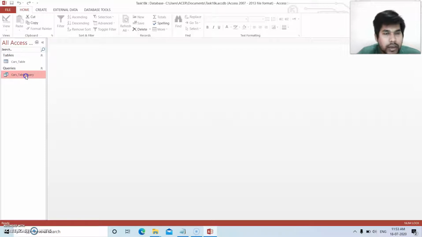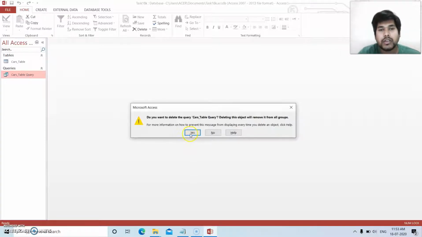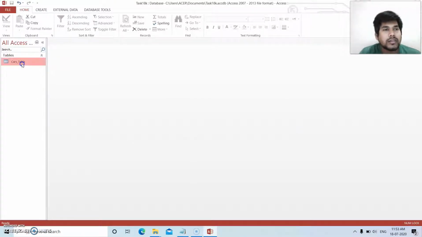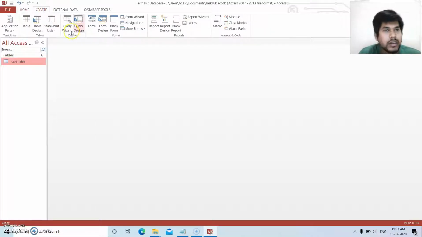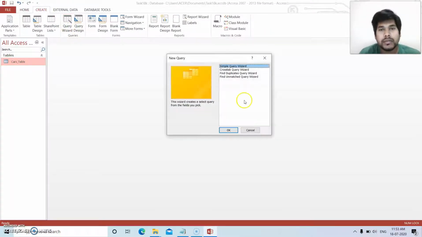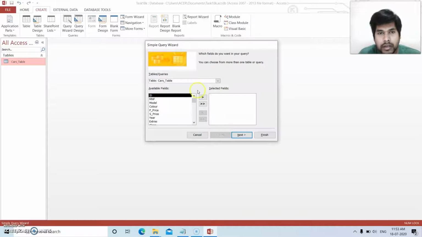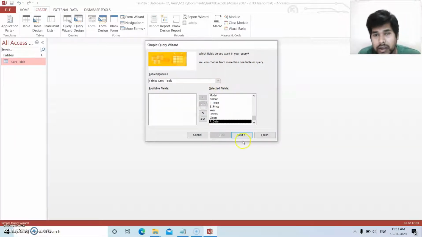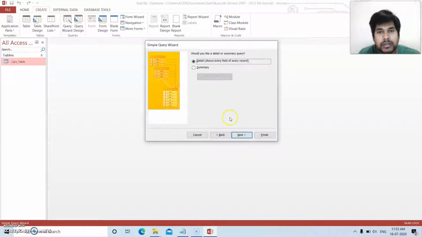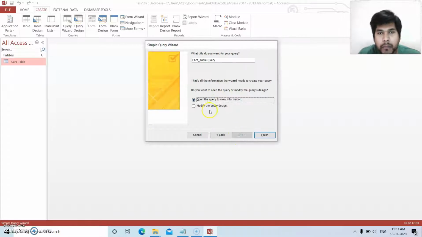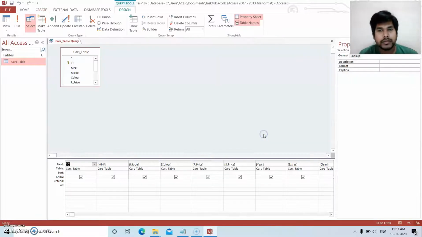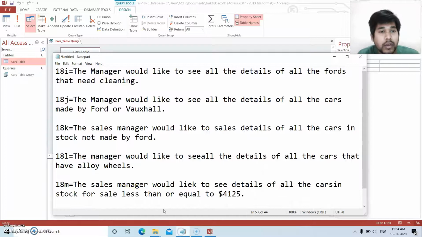Now delete this query. This is the fresh one we are going to do. Cars table. Go to create. Query wizard. OK. Select the table. Select the entire field. Next. Next. Modify the query design. Click on finish. Okay, now let me show the query. What is the requirement?